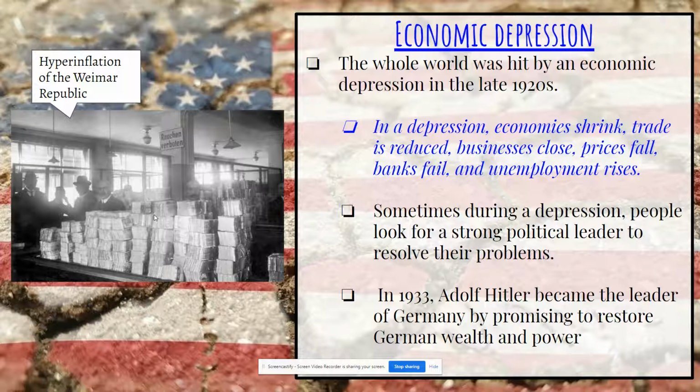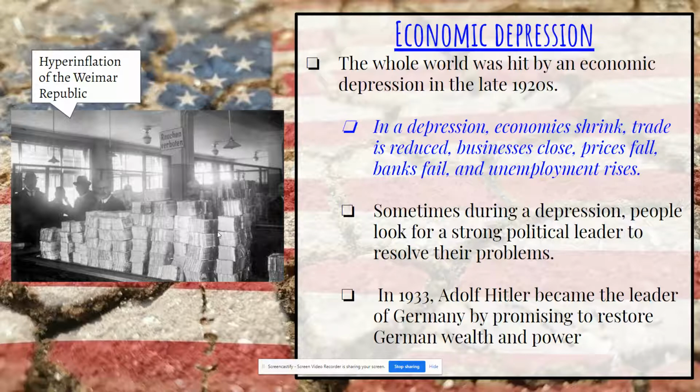So we have a dollar McChicken right now. Okay, imagine what happens when you have inflation. Instead of paying a dollar for a McChicken, you're paying $5, and then maybe even $10 for a McChicken. We would say that's crazy. I'm not paying $10 for a McChicken. But if the value of the dollar diminishes, that's what's going to happen. Germany, in an effort to pay for these bills, just kept printing money. And when you print money, the value of the dollar goes down, which is why the price of the McChicken is going to go up to $10 or even $20. So it's all about how the economy is working.